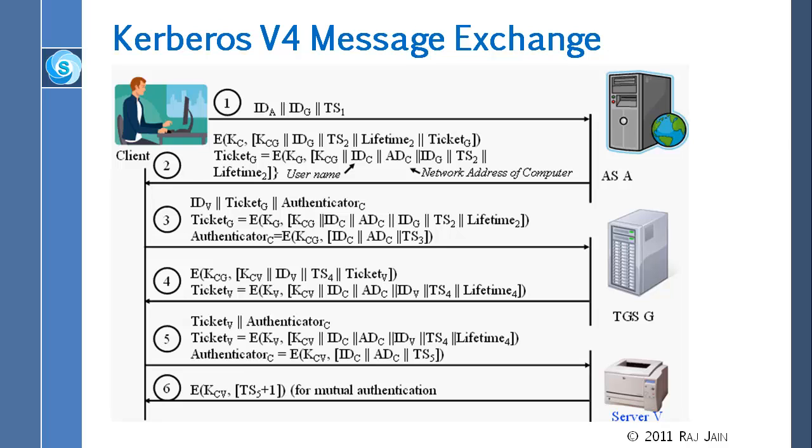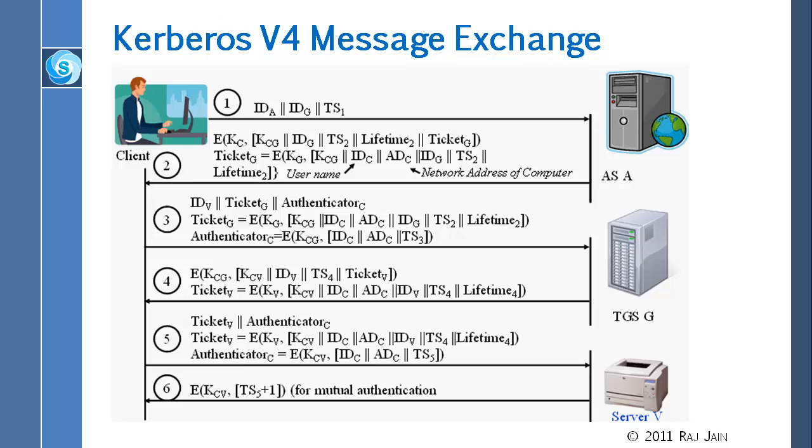and says, well, here are the two things. First of all, here is the key that you can use to talk to the ticket granting server for the next 21 hours, KCG. Okay, it is given to this client. This is a new key. IDG, here is the ID of the ticket granting server. Here is the timestamp 2, here is the lifetime of the ticket, and here is a ticket that you can show to the ticket granting server. And that ticket actually is,